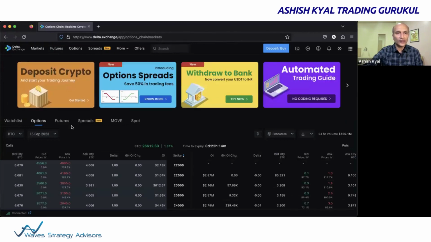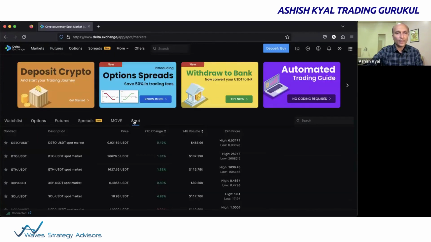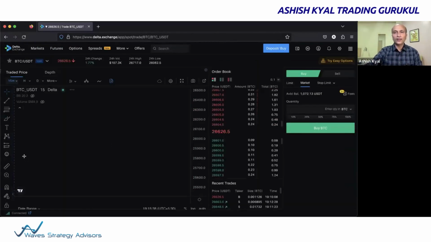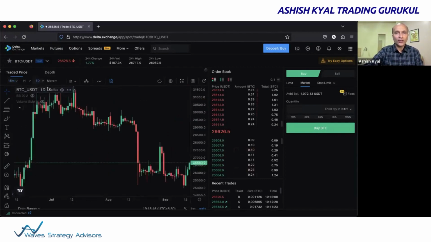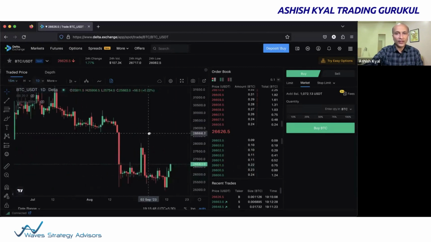So if I go to markets and I go to spot and I select Bitcoin here, this is the Delta Exchange platform, and the best part is you see everything in one window. And look at a daily time frame chart here. So let me explain it to you. On a daily time frame, if I'm looking at Bitcoin, it is looking superb to me